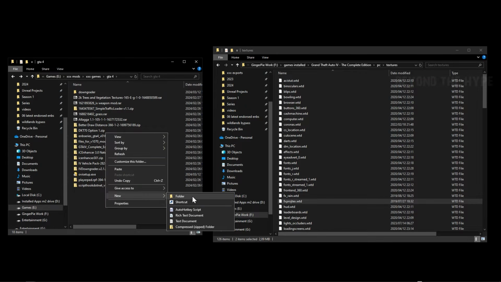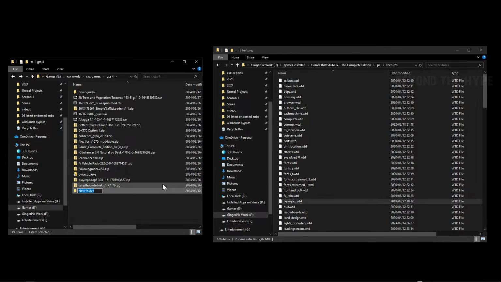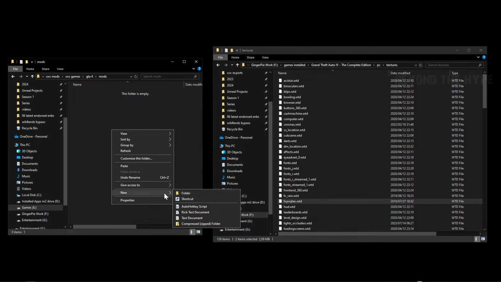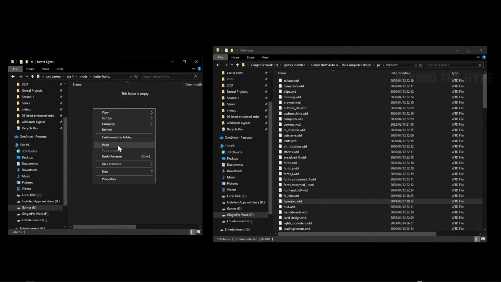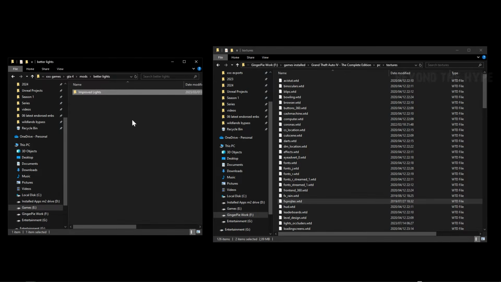We'll right click again, folder. Let's just call this mods again. You can call it again whatever you want. And we're going to rename this as Better Lights, or just give it the name of the mod itself. And we'll just go to paste it there. Okay, so this is the improved lights. So now we can open up our